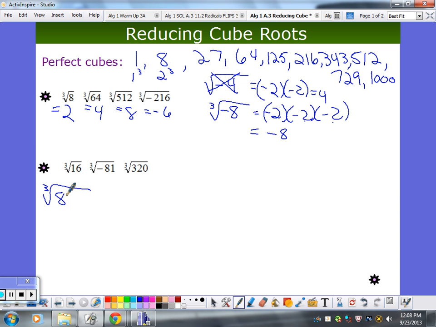So 16 is still 8 times 2. Why did I pick 8? Because 8 is a perfect cube. It's in my list. So when I break this apart,